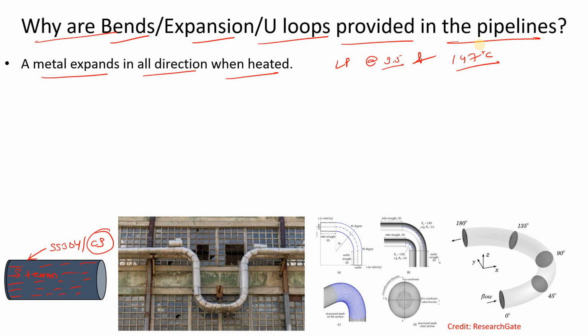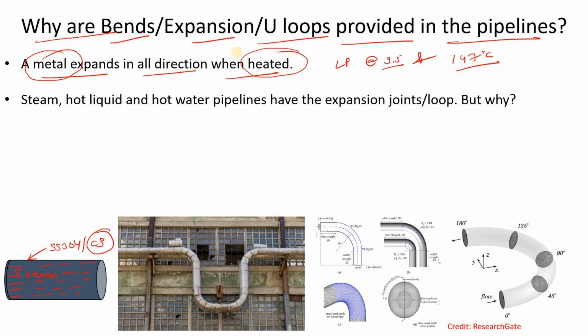So now what will happen is that whenever this steam flows through this pipeline, your metal will expand because your metal is going to heat, right? I hope you understood my point. So what we do, we provide expansion joints or an expansion loop. Sometimes we say U loop. Okay, here you can see simply this U loop we provide in the pipeline. Okay, sometimes it is not like that, it will be horizontal. Right now in the picture it is downward. Okay, sometimes it could be horizontal.